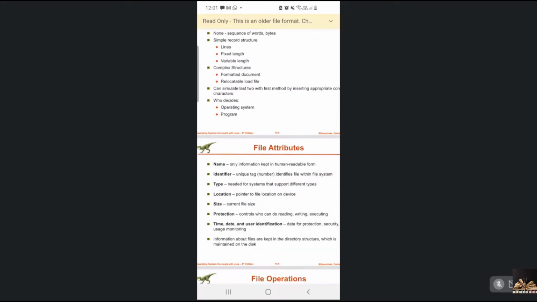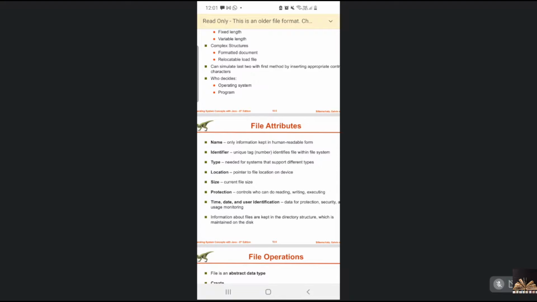And coming to the file attributes, when a file is created, a set of attributes will be created for that file. You should give a name to the file. Then your file system will identify each and every file with a unique identifier, so an identifier is created.